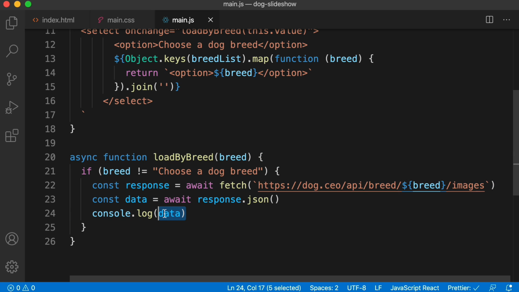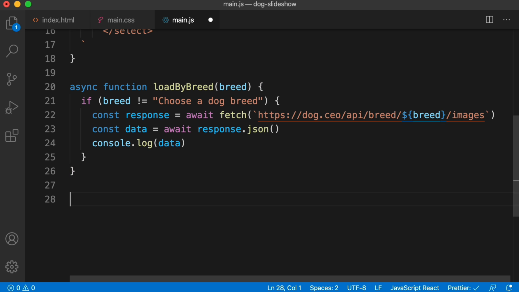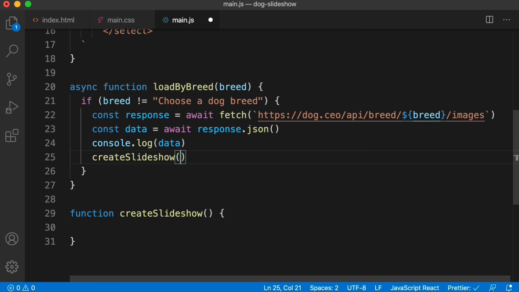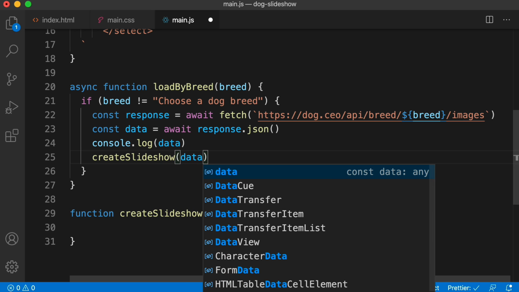So let's just pass this data off to a separate function. Maybe at the very bottom, in a totally separate function, let's say function createSlideshow, parentheses, curly brackets. Okay, and then in this function, after the console.log, let's just pass it into that function. So createSlideshow. And let's actually not just give it data, but give it